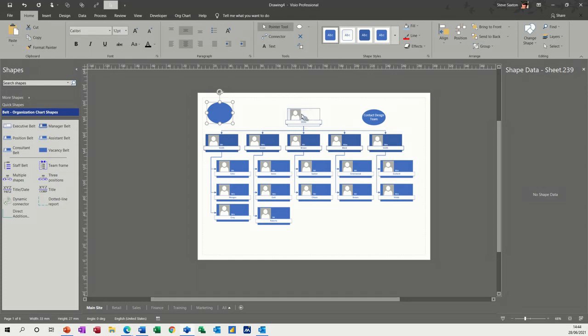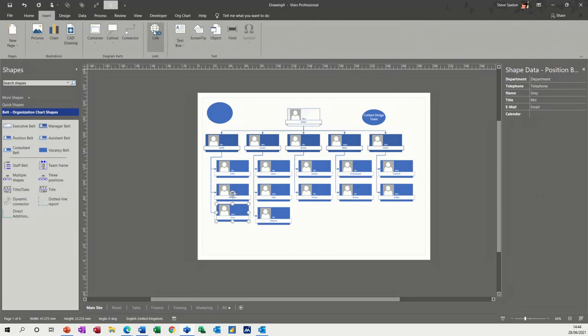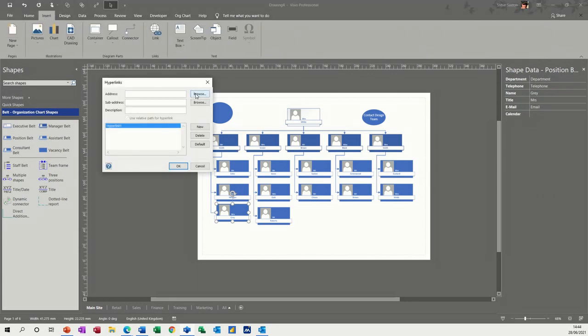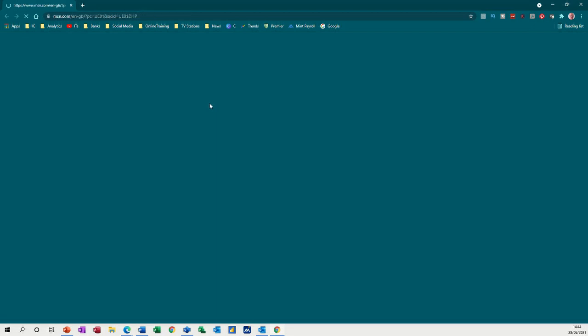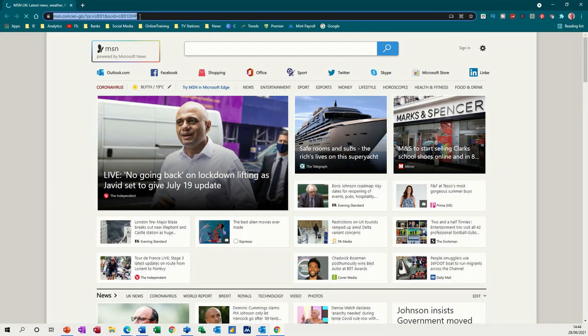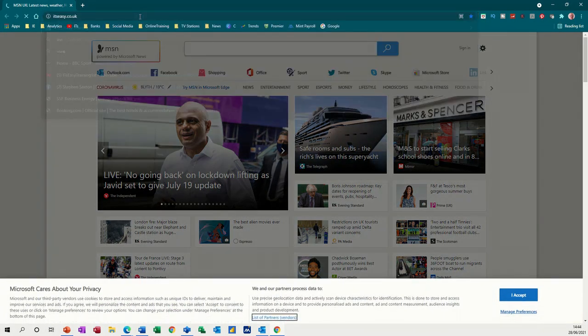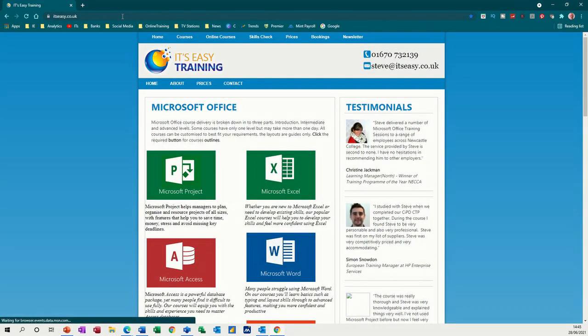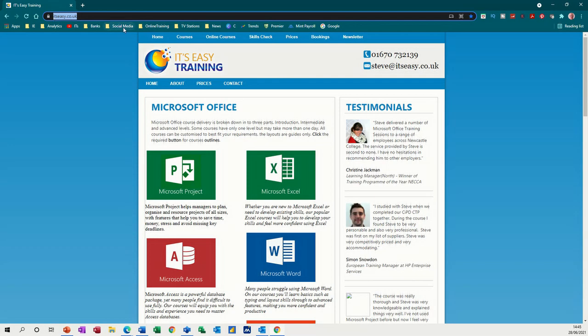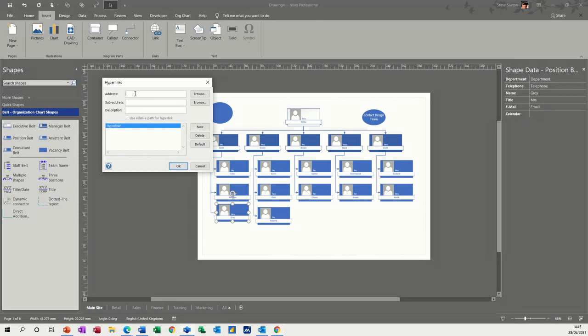And then the last example is the open a file example. So I'm just going to pick some random shape to do that. So I'll click this one and then go back to Insert, Link. So this is a file or a website, so I'll just browse for either an internet address or a local file. In fact, let's go for an internet address, and let's put my website on there. That will do. Just copy that and then come back into Visio, paste that in there,